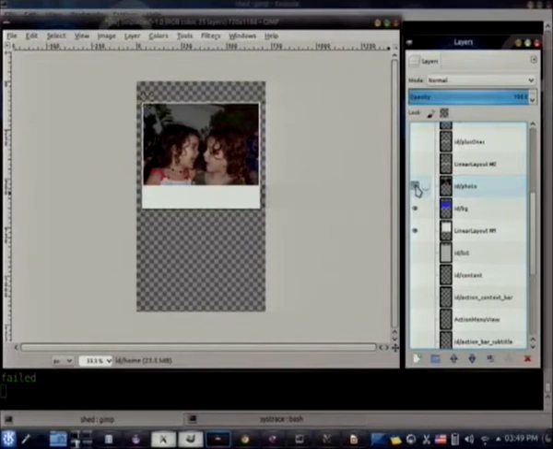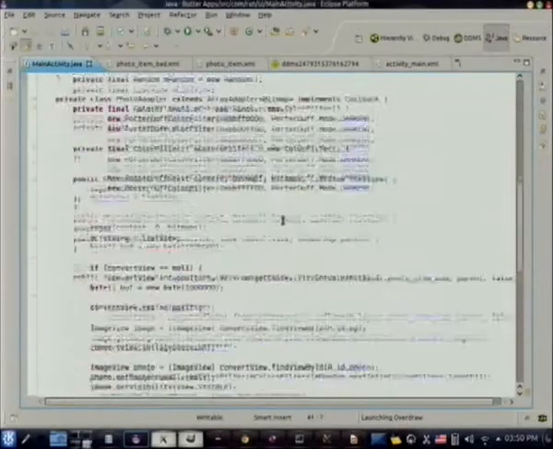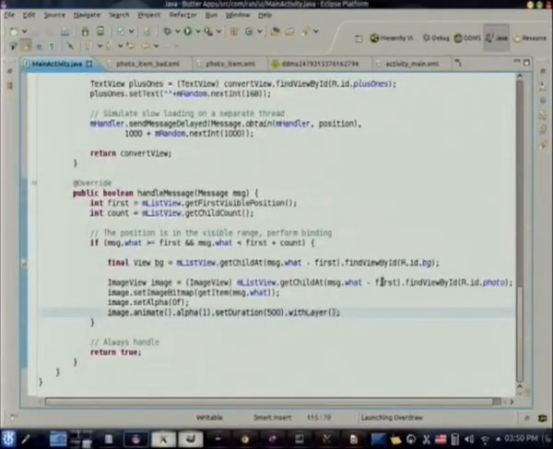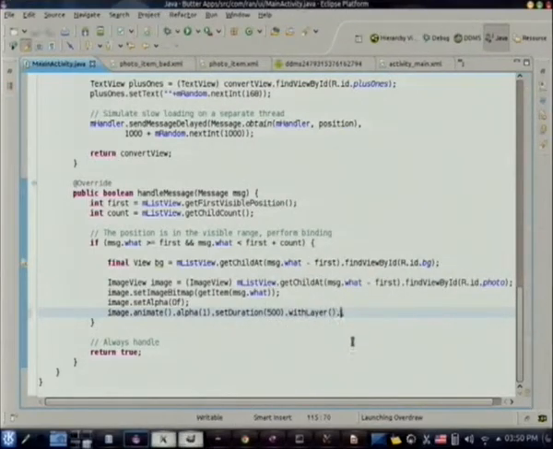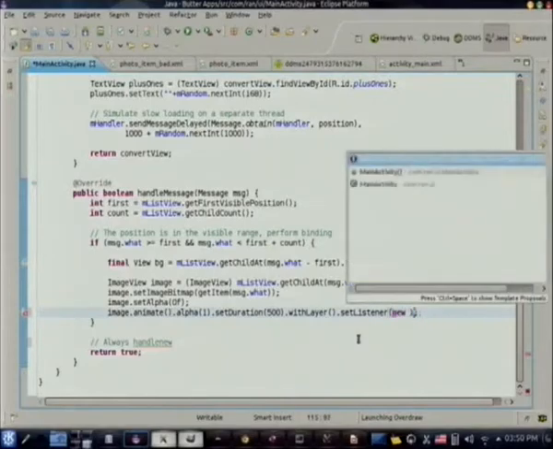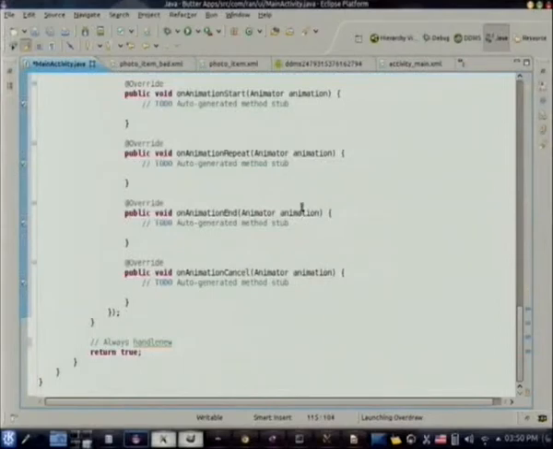Doesn't make any sense. Now, I do need 2 image views here because I want to present a placeholder and then fade in my real image once it's been downloaded. But once I finish my animation, I can drop the background. I don't need it anymore. So we can go to our code, and over here we have this line that basically animates my image view after we've done set image drawable. It animates it from 0 to 1 with the alpha, and we can just set a listener, new animator listener, and when the animation ended,